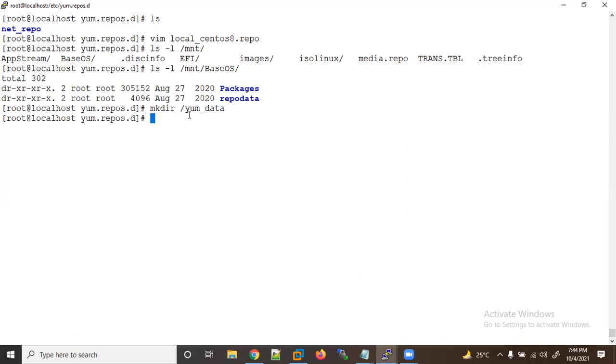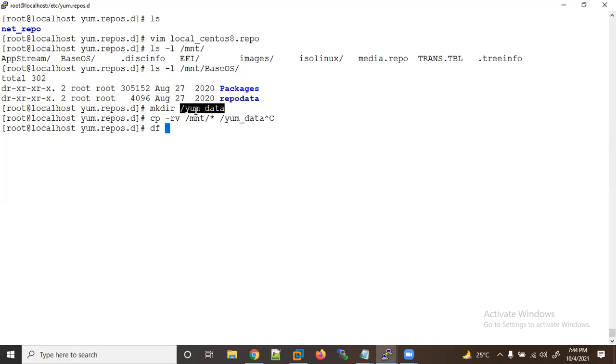Create this directory, and after that copy all the content from /mnt/* into /yum_data. So we need to copy it, because we are configuring locally. But I'm not doing a copy here because it will take more time to copy it. So I'm saving time. That was the reason I did a cancel, Ctrl+C.